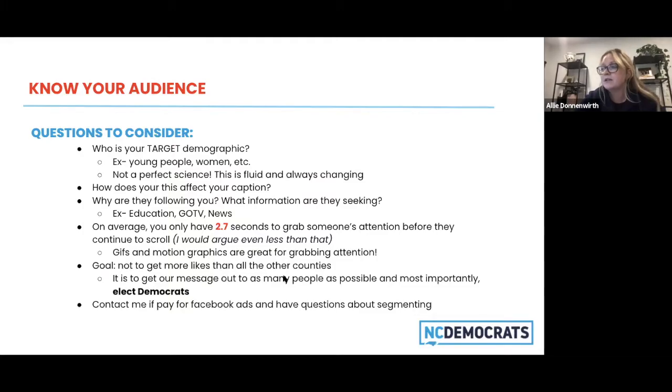Also, something to think about is, why are people following you and what information are they seeking? Are they looking to be educated on something? Are they looking for information on how to get out the vote? Are they using you as a news source? I watch the news every morning, but I do follow a lot of news reporters on Twitter seeking their news. And when they include